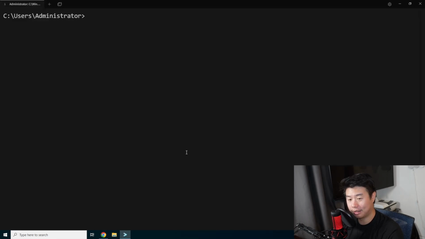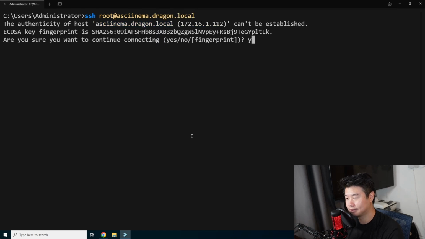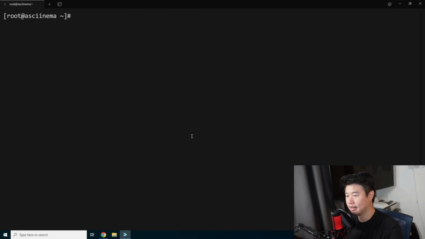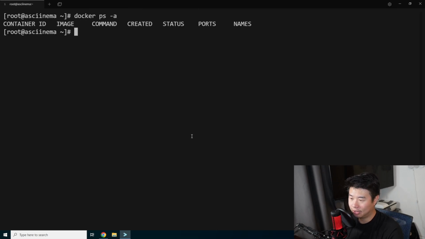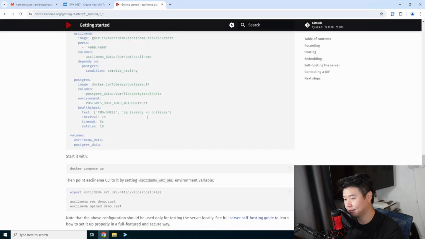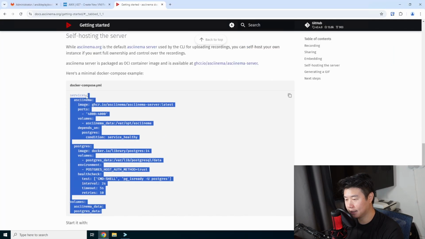So the thing that we want to do is log in to our server. So asciinema dragon.local. We'll accept the fingerprint and log in. So you can see Docker's installed. It's all in there. So what we want to do is go back to the configuration, copy the Docker Compose